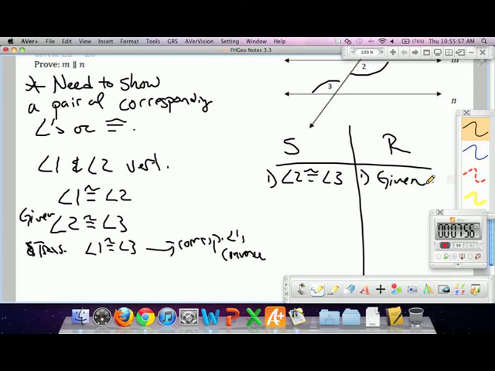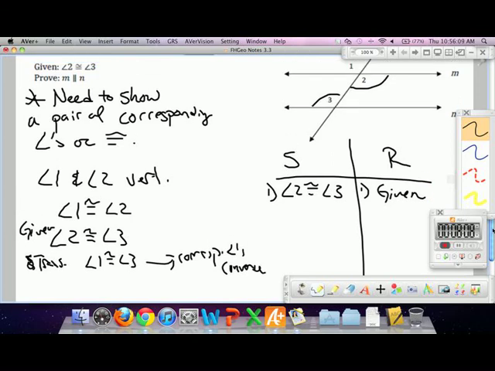In our little brainstorm, what did we say we wanted to say is next? What was another thing we could conclude? We say angle 1 and angle 2 are vertical. Well, from the diagram, they're vertical. They're drawn across from each other. That's what vertical angles are. That's just the definition. From the diagram, that's what we call them vertical because that's their definition.